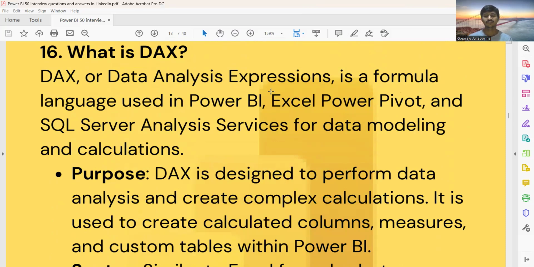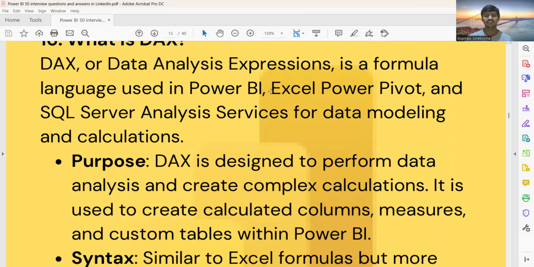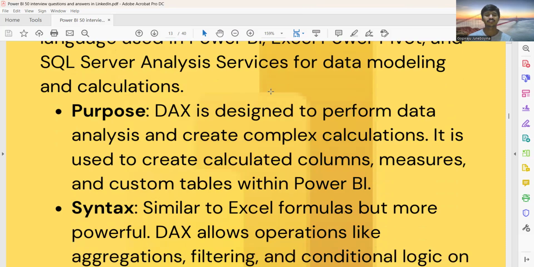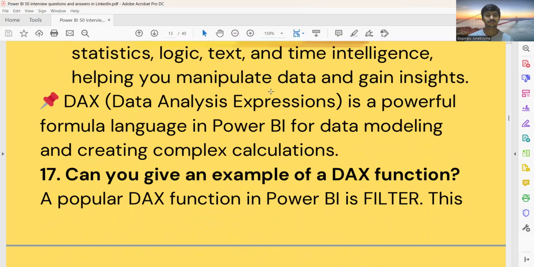DAX is used to create calculated columns or measures. For example, to calculate the profit for each sale, profit equals sales revenue minus sales cost. So measures are dynamic calculations. For example, total sales equal to sum of sales amount.